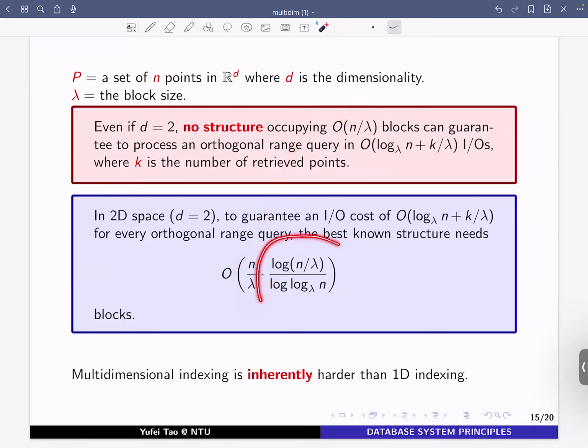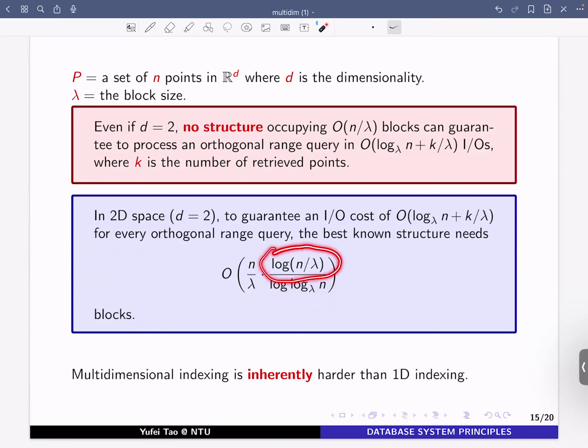So this looks fairly complicated, but let me tell you one way to simplify it, right? So you can basically eliminate the denominator here. In practice, for practical values of lambda and n, this value is fairly small, very small. Just think about it as a constant, and then that would leave you